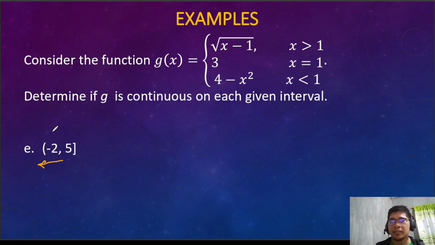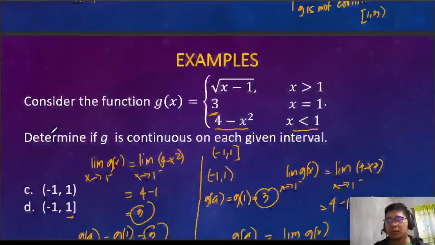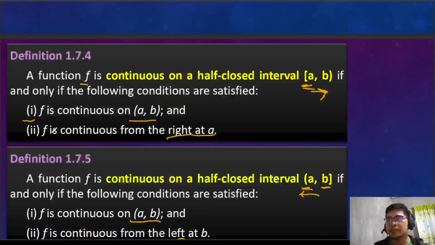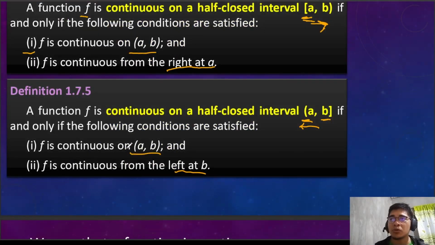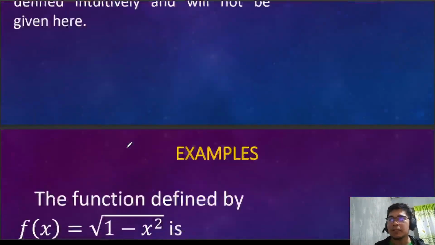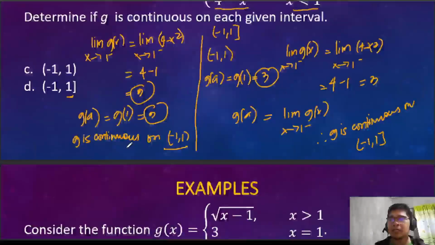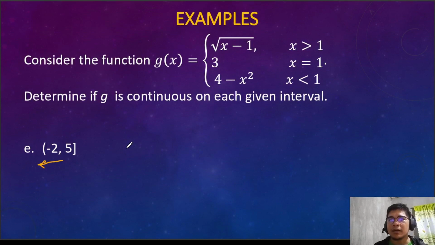Since that is the first condition, f is continuous on the open interval a b. And 1 is in between -2 and 5. So, since 1 is in it, our g of a, where a equals 1, is 3. And then we need to find now